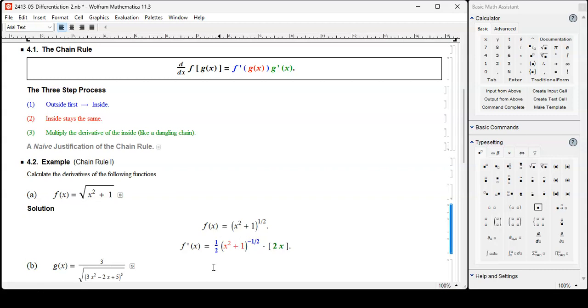Step 1, outside. Step 2, nothing changes inside. And then step 3, the chain. Now step 2 is so simple that later on, I'll just combine that as step 1, and then just copy and paste, and then go ahead to step 3 directly. So instead of doing this in a 3-step process, I'll consolidate 1 and 2 into a single process, and then go with a 2-step process. But for now, let's stick to the 3-step process, because I saw so many students making mistakes here